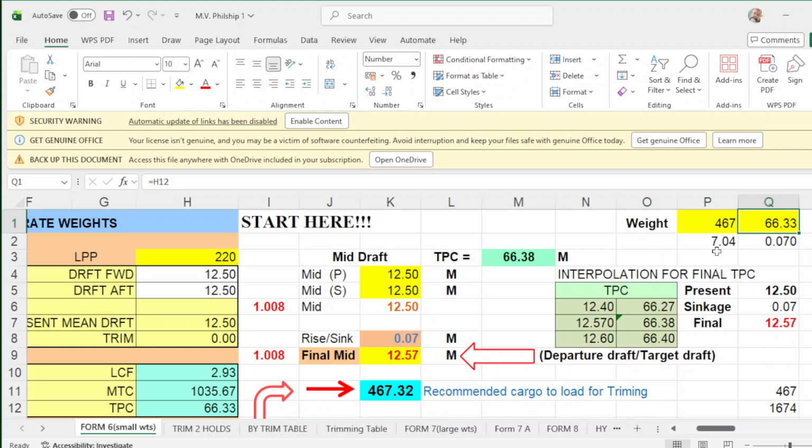Divide this by 100, that will be 0.07. This will be your rise.